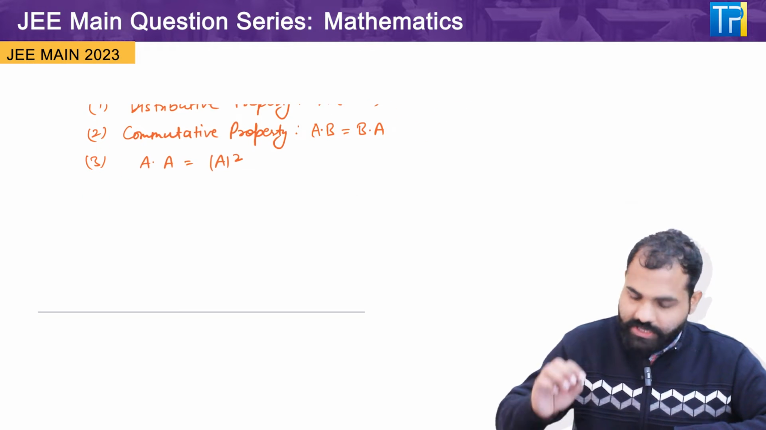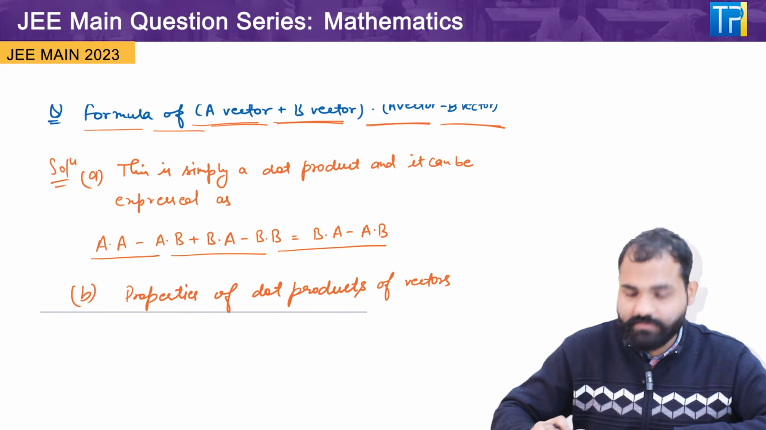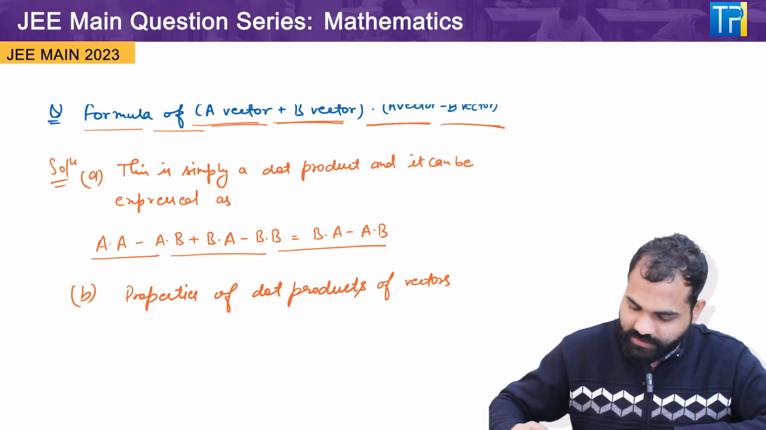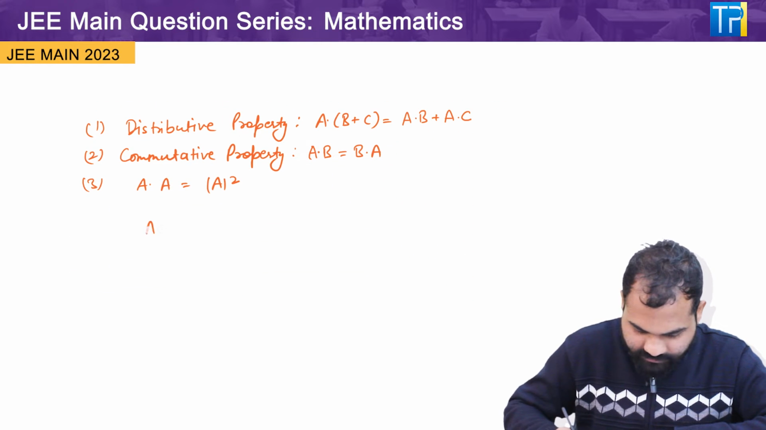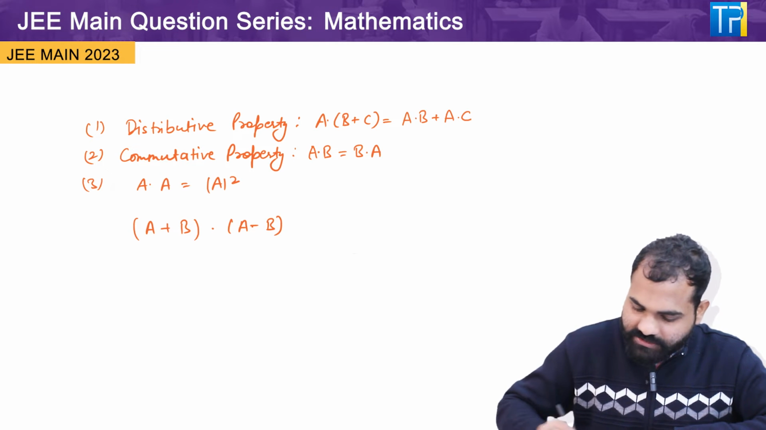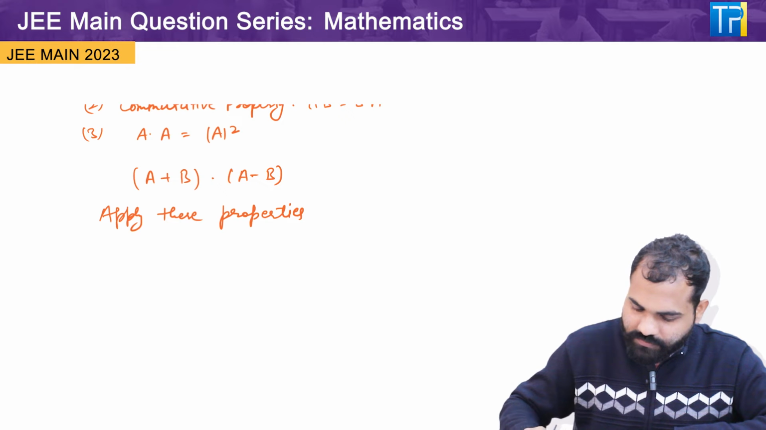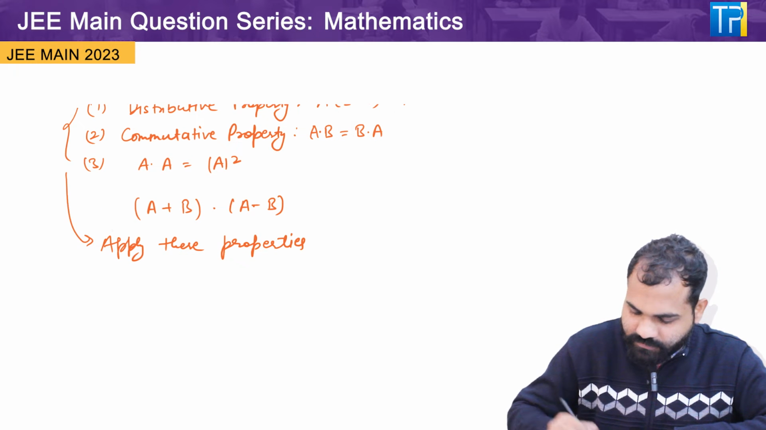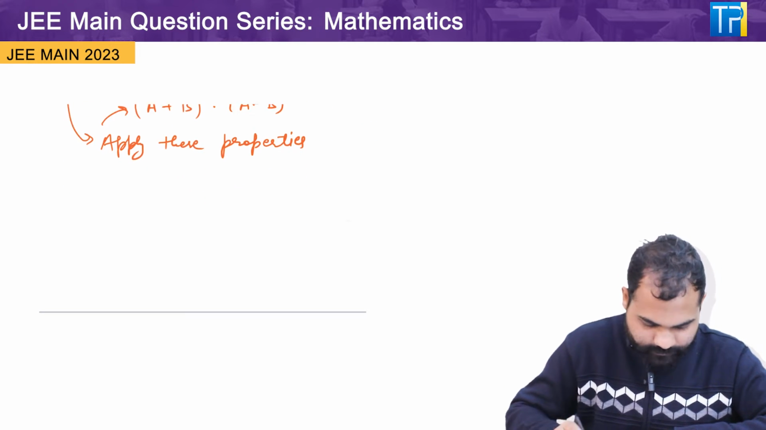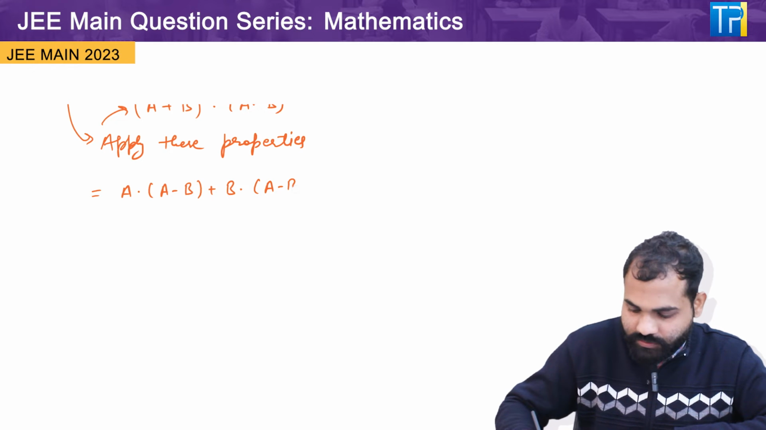Okay, so what is the question? The question is the formula of a vector plus b vector dot a vector minus b vector. Okay, so a plus b dot a minus b. So if we apply these properties in the formula a plus b dot a minus b vector, then we have a dot a minus b plus b dot a minus b. So this is by using the